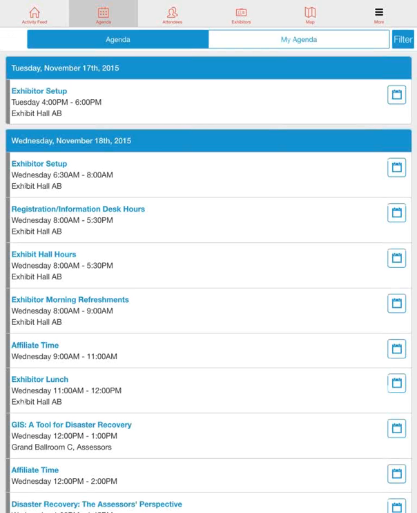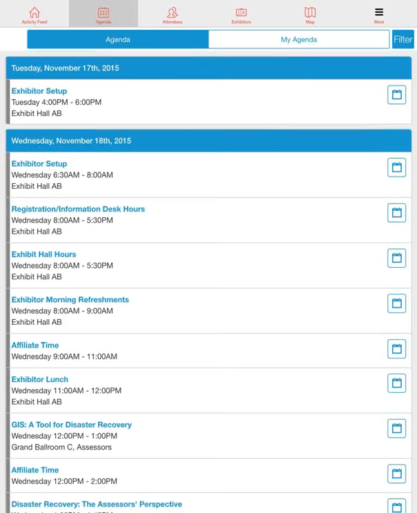And also I should mention, mine looks a little differently than it's going to look on your devices. You're going to have to click the arrows at the top right next to the date. So it'll say Tuesday, November 17th, and then there'll be a little arrow over, and then you go to Wednesday. So yours is going to be broken up by day, whereas mine just shows the days right next to each other. So you'll see all of the agenda items that are under the assessor's affiliate agenda.